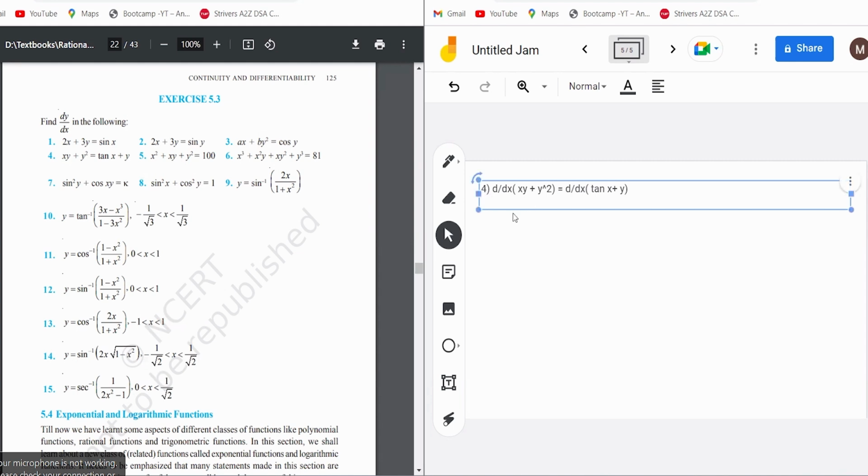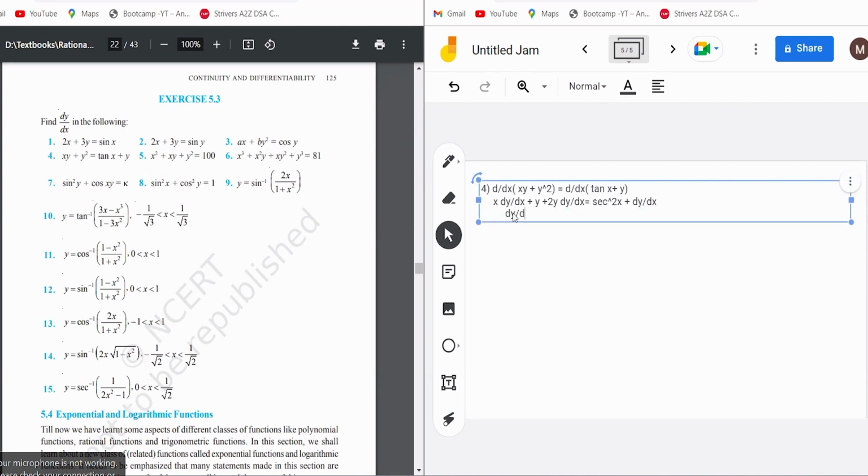So d by dx of xy would be first function as it is, differentiation of second function dy by dx, plus second function as it is, differentiation of first function x, d by dx of x is 1, plus y square का क्या होगा, ये तो अपन कई बार कर चुके हैं, 2y dy by dx, क्योंकि y का करें ना x के रिस्पेक्ट में, तो पहले जो y स्क्वायर का क्या 2y आया, फिर y के लिए dy by dx, इक्वल टू tan x का डिफरेंशिएशन होता है sec square(x plus y) प्लस dy by dx, सिंपल।